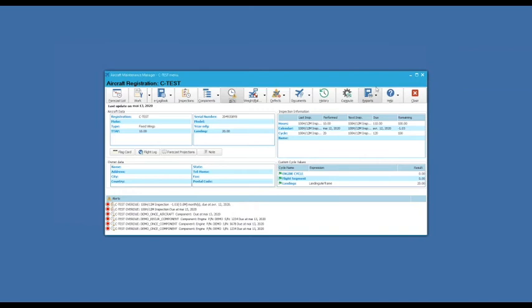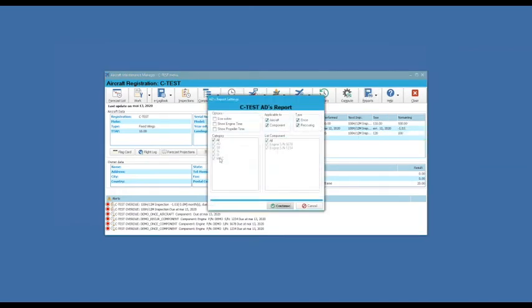To end with the AD manager, the AD compliance report has been completely changed, a little improved. So you will have the possibility to ask for a report only for aircraft or for components, and you will even be able to ask for just one engine. If you want to do a report for just one engine or one other part, you will be able to ask for it here.